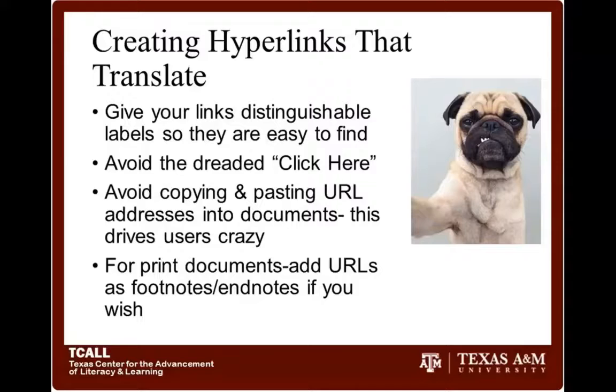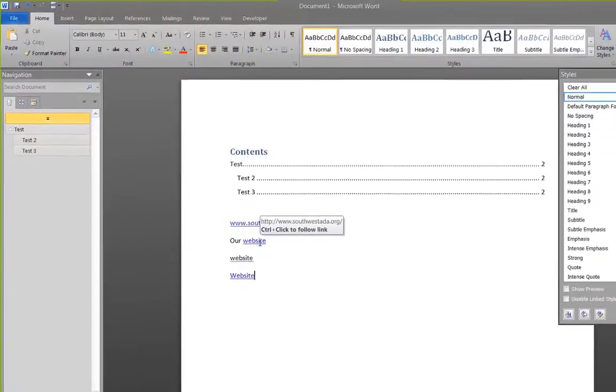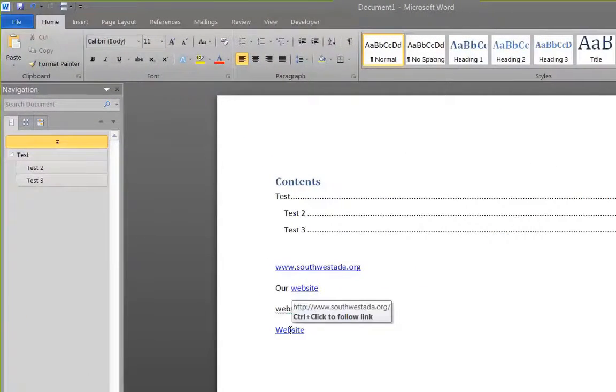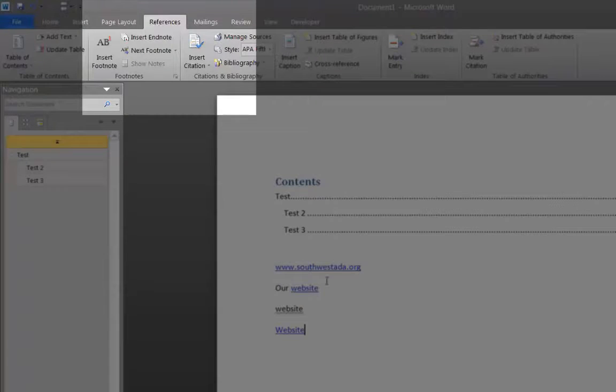Usually though, if you've included that hyperlink, when you scroll over it with my cursor, it says control click to follow the link. Again, some people may or may not pick up on that. If you're using your references, you can come here